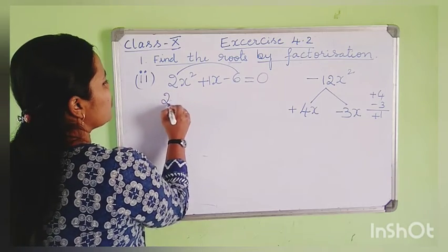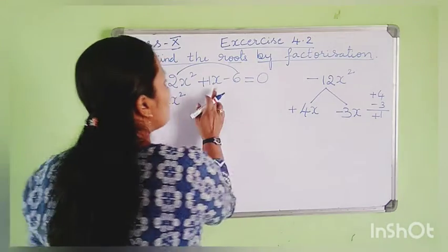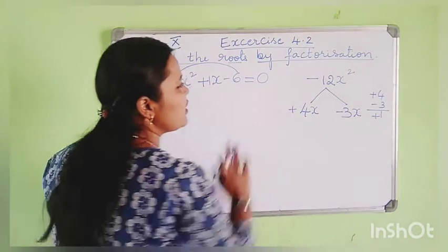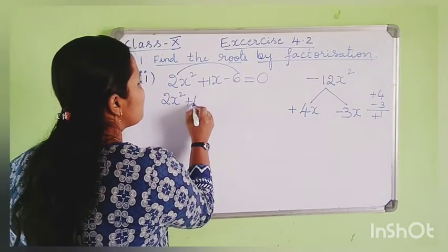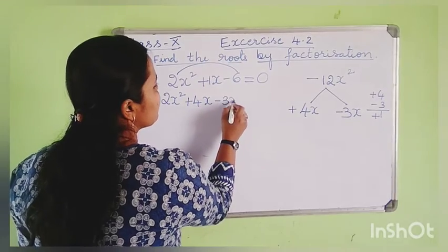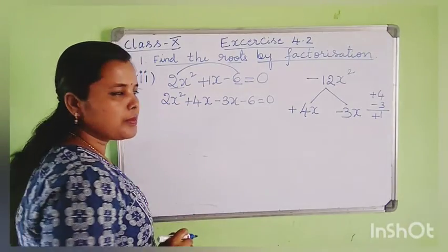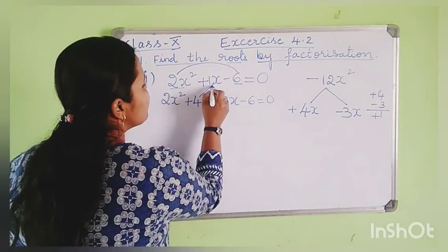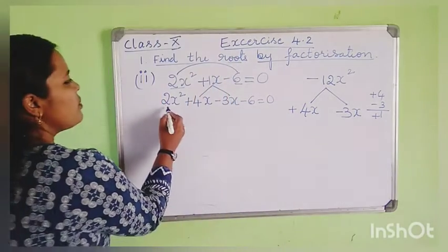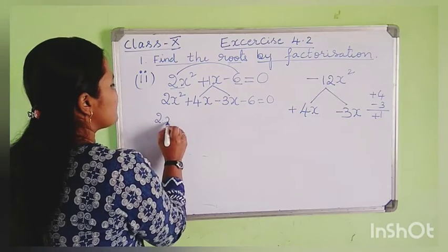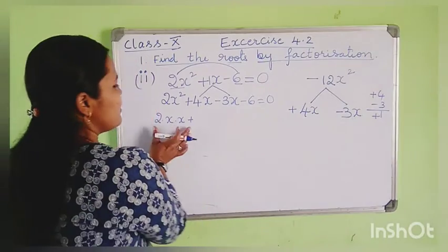Now, let us take, I told you, first and last term you have to replace as it is. Only split the middle term according to our process, right? So now this 1x can be taken as plus 4x minus 3x minus 6 is equal to 0. So the first and last term are same, right? Only I have split the middle term according to our factors. So now we can take the factors of all, you don't need to do this step. To explain you, I am taking this step.